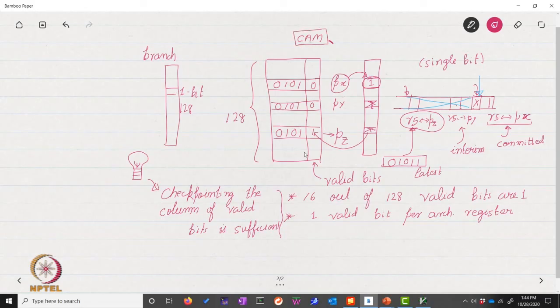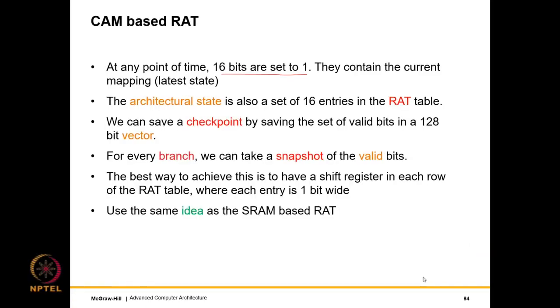In a sense, a hash table is always slower than an array. So that issue notwithstanding, since we are dealing with single bits, we can look at this as a faster alternative subject to other constraints. So now let's go back to the slideshow. Essentially for every branch we take a snapshot of the valid bits.